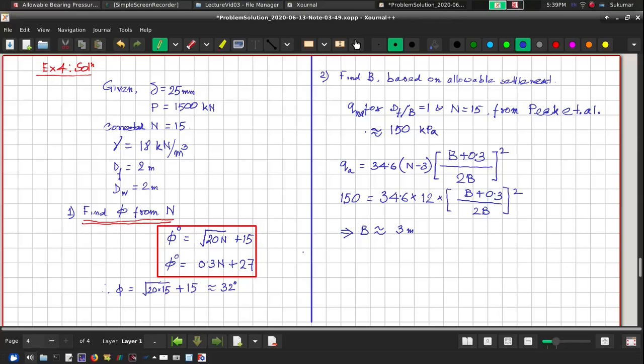Alright. Now let us see, by using B equal to 3 meter, what is the actual QA. It need not be same. Alright. Therefore, this is my trial 1. I need to go for trial and error method until I get same value of QA, because it is based on empirical curve. Then trial 2,